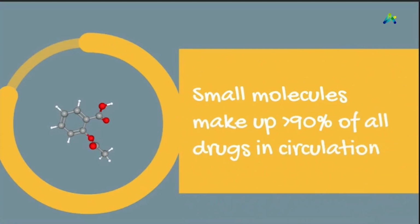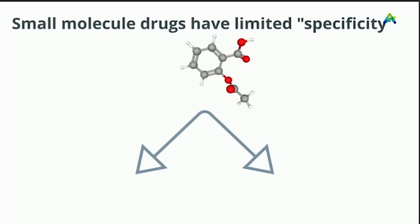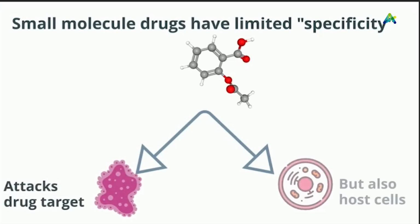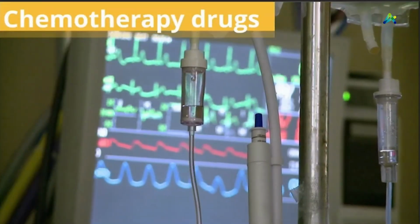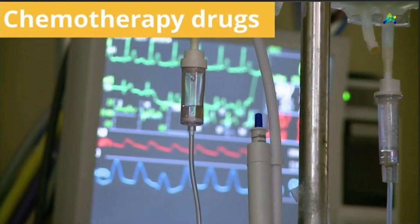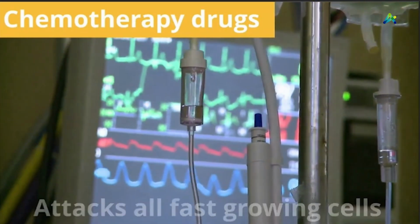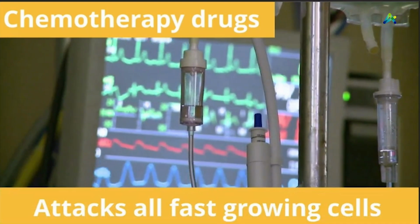circulation. But what they have in stability, small molecules lack in specificity, which means they work on the drug target, but they also affect a lot of harmless or even beneficial cells and body functions too. Think about chemotherapy drugs, designed to target fast-multiplying cancer cells. But chemo drugs can end up targeting other fast-multiplying cells, like white blood cells, reducing immunity to infections, and hair